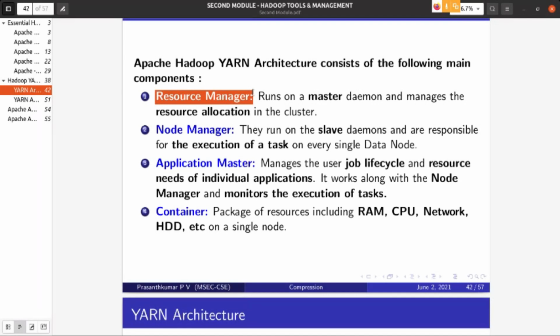If you analyze the YARN environment, you can see the Java processes corresponding to the resource manager, node manager, application master, and container. There is no physical entity exactly. If you check where the system responsible for the resource manager is, you couldn't see that. There is no such system.